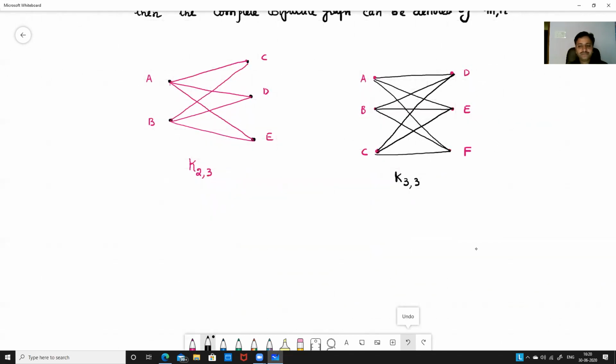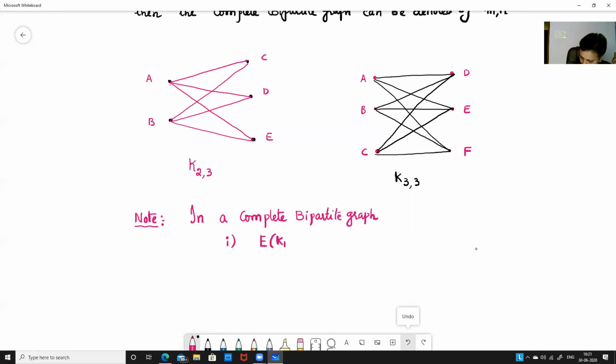Is it clear or not? Right. Then one important point here to remember: in a complete bipartite graph, the total number of edges in complete bipartite graph Kmn must be equal to,